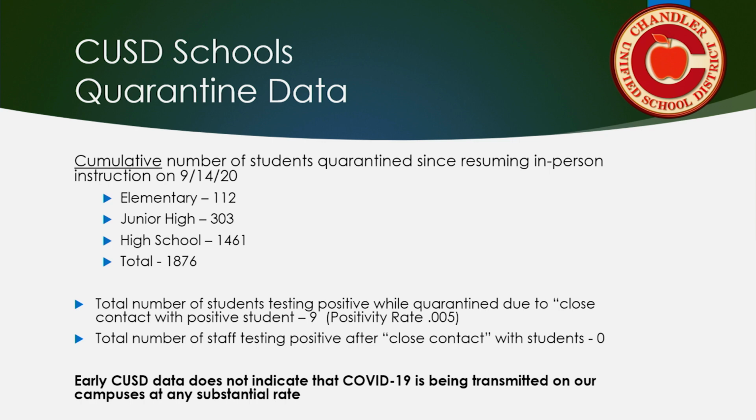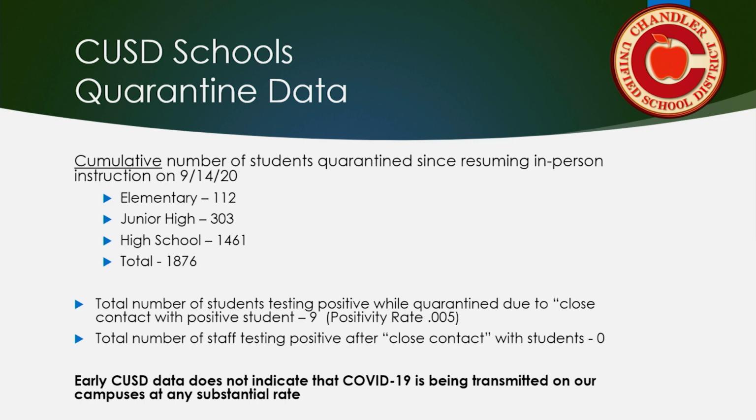I wanted to add that the total number of students testing positive while quarantined due to close contact with a positive student was 9. One of the questions we know that you've gotten and we've gotten as well is how many students, when we've quarantined them, have actually ended up testing positive? We have had 9 students that have ended up testing positive while on quarantine. The total number of staff testing positive after their close contact with students on our campuses is 0. So we have not